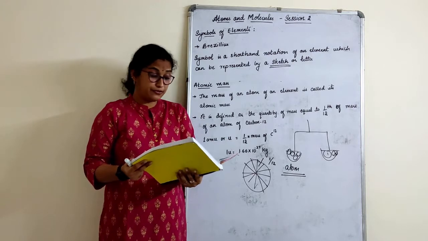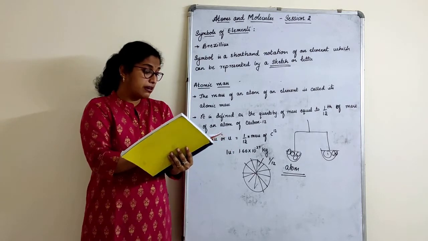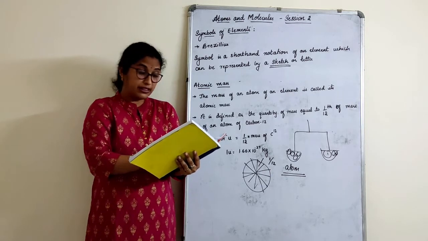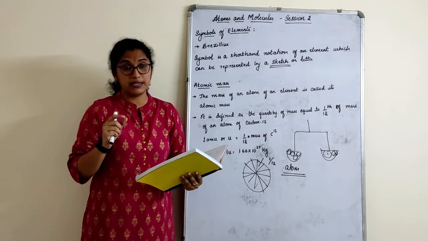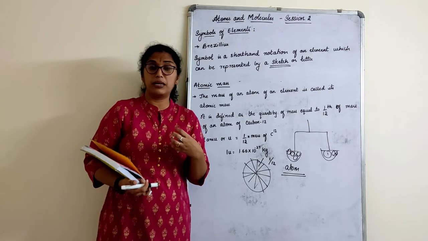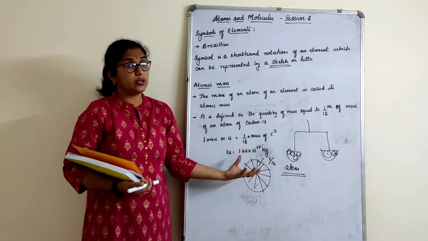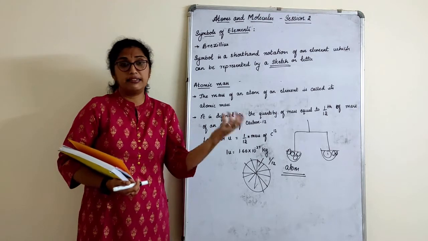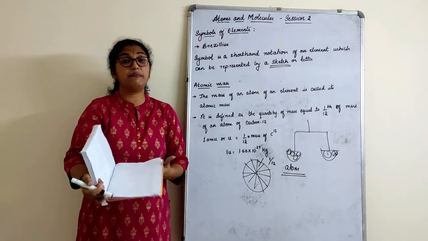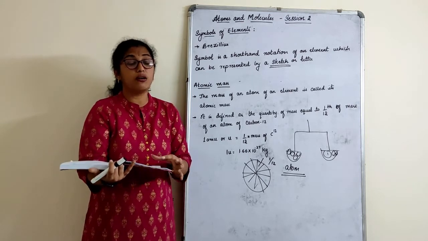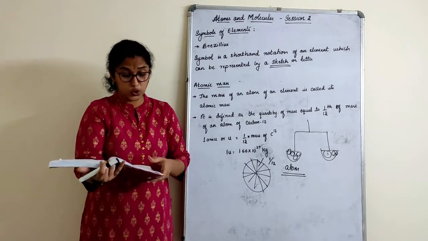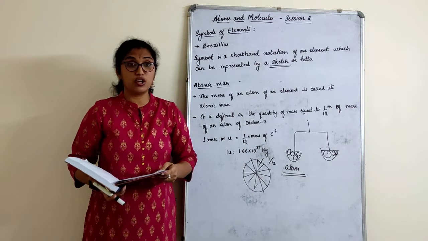Then carbon is 12. It's the mass of carbon. Nitrogen is 14 units, 14 AMU or U. I've given that in the book. You need to remember this mass. Now sometimes in school, they will tell you atomic mass need not be remembered. Atomic mass will be given to you wherever and whenever it is required to calculate the numerical, so calculate the relative atomic mass of a given compound. But still, to be on the safer side, it will be good enough if you remember the atomic mass of at least these elements which are given in the book, which are given in the notes.